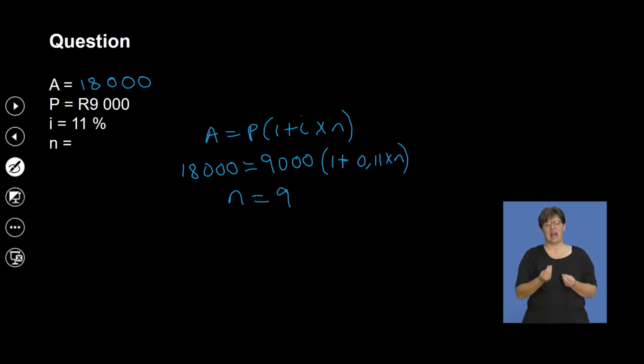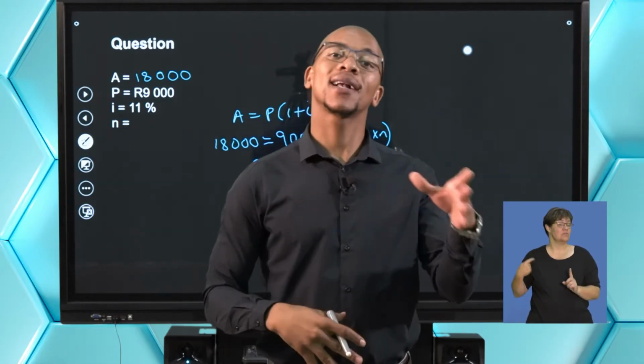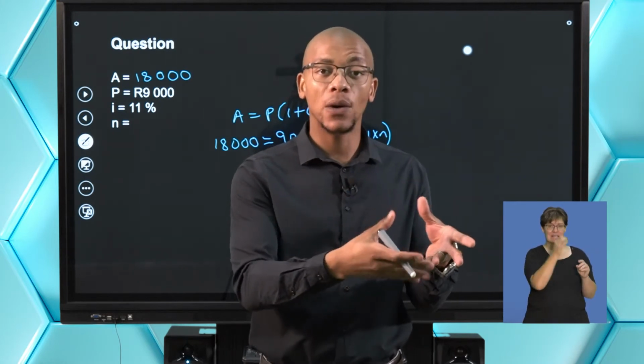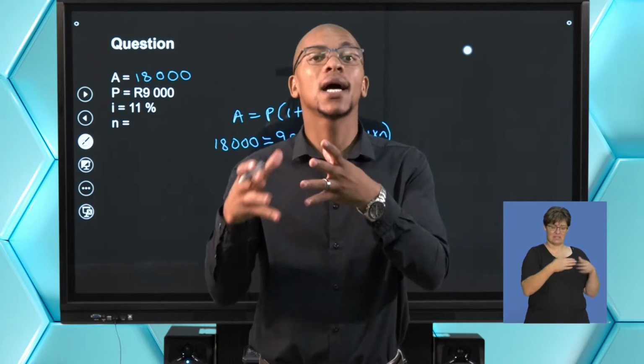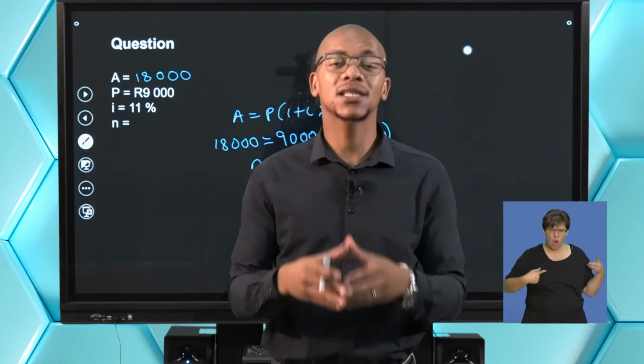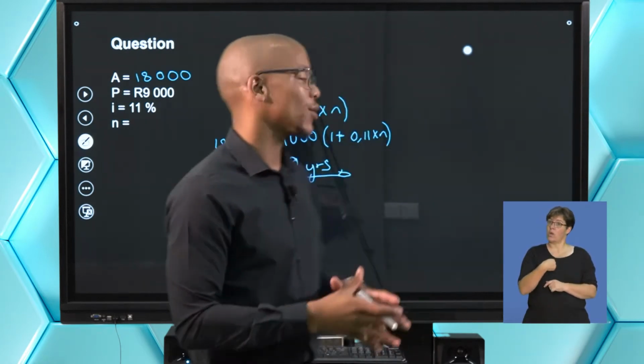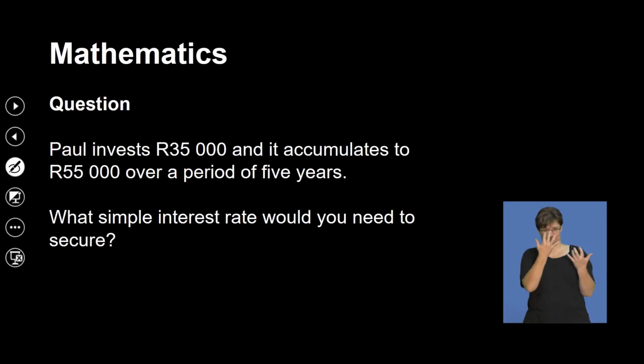Hey, investments, guys, or saving is really not a fun thing to do, though it's very necessary. So guys, so far we've looked at how to calculate the accumulated amount given the principal amount. We've also looked at how to calculate how long an investment will take. So let's just also continue and see exactly what it is that we can do after in terms of calculating what needs to be calculated. Here, I want us to find the simple interest, and this will be the last question that we are doing under simple interest for now.